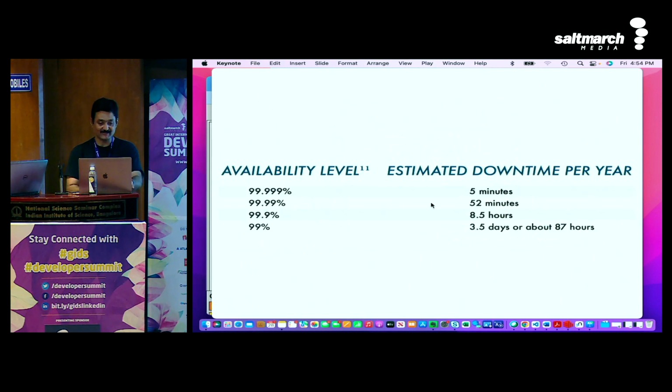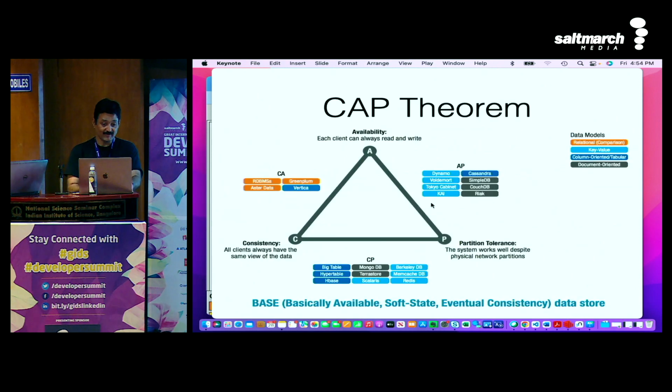All right. Availability. So you want to build the availability model where CAP theorem everybody knows. You can be either CA, AP or CP. How can I do everything at once? That's the question everybody wants answered. If you ask your product owner, hey, you pick one, what are they going to say? No, I want all the functionality. I want high availability, high partition tolerance and high consistency. They don't listen when you say this is the CAP theorem, this is a physical limitation. How do we fix this problem? We will be discussing that in a second.